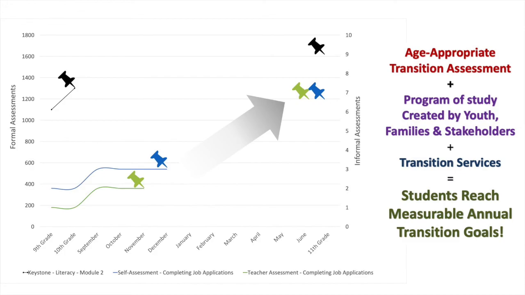As the plan is implemented, the same principles of transition assessment that we've talked about in this video are then applied again during progress monitoring, including informal and formal assessment from multiple groups, so youth, families, and stakeholders, done on an ongoing basis with results utilized in continuing opportunities for youth and families to learn about where students are, where they started, and where they want to grow in order to reach their measurable goals for employment, post-secondary education, and